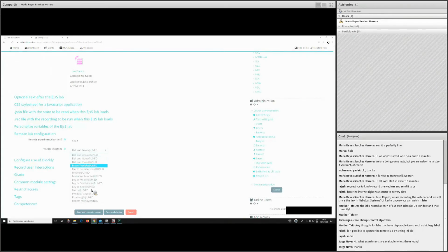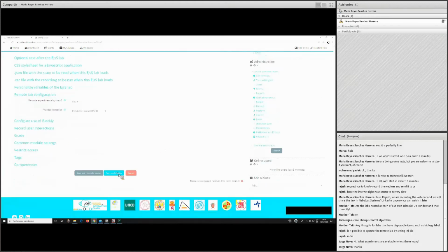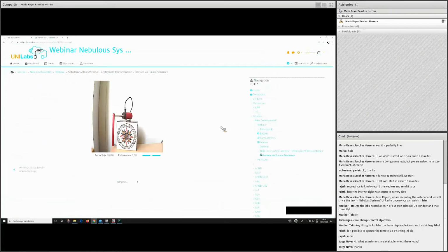And then I need to select which of these already defined remote lab experiences this one belongs to. As you can see, we have several ones here developed, but in this case, it is this one, the fruta pendulum, in Spanish, péndulo fruta. If I click on Save and Display, then you can see I have my remote lab already embedded in my online course,